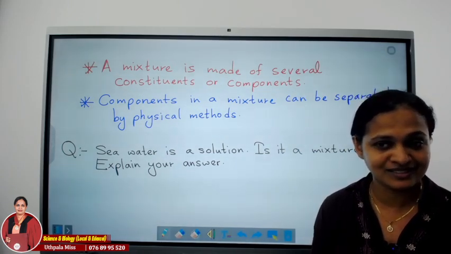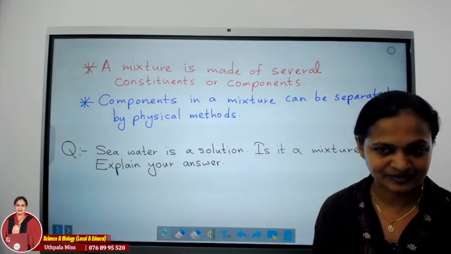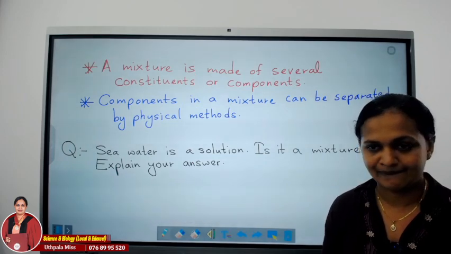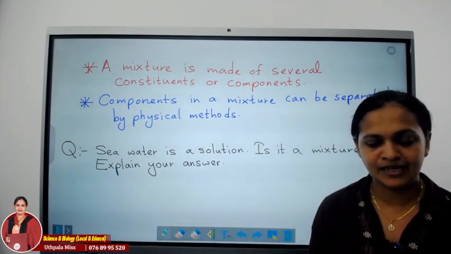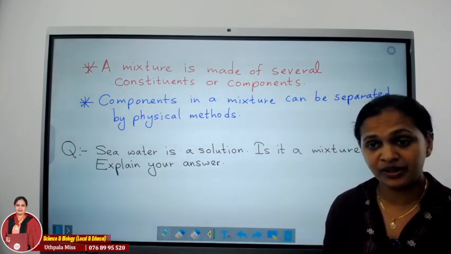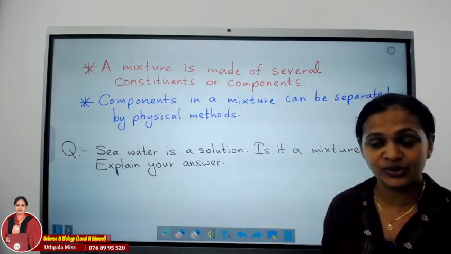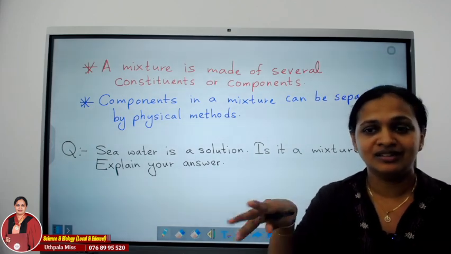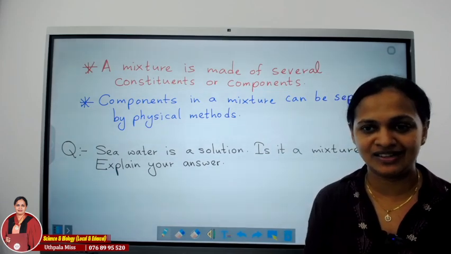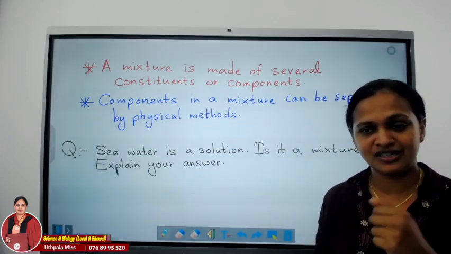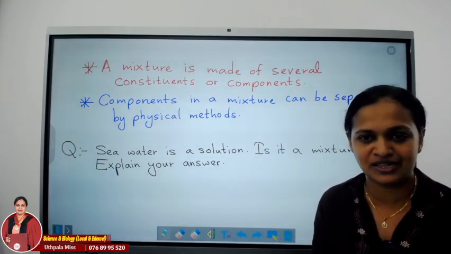Yes, Kemit? Teacher, what about gallium? Because many ships, when they break, and sometimes when a ship is leaking oil, teacher, gallium is released from the oil. Yes, so many elements and compounds are added, and some of them are dissolved. There is oil floating on seawater in certain areas, right? There are microorganisms, as some of you mentioned. It is a mixture of a large number of substances, right?